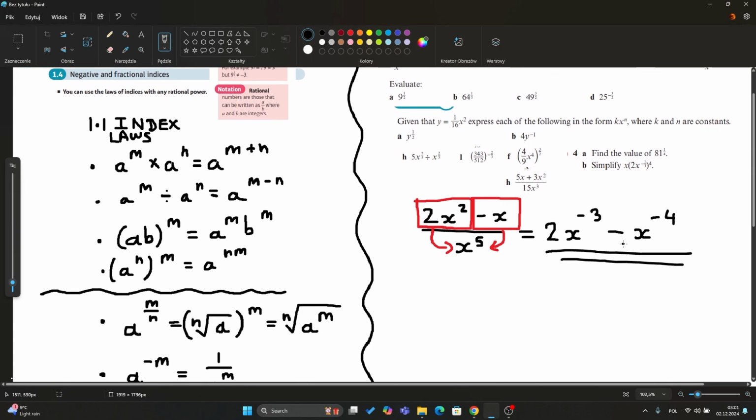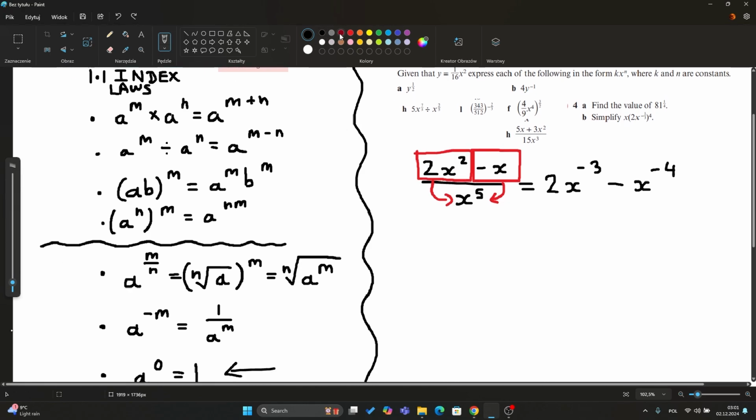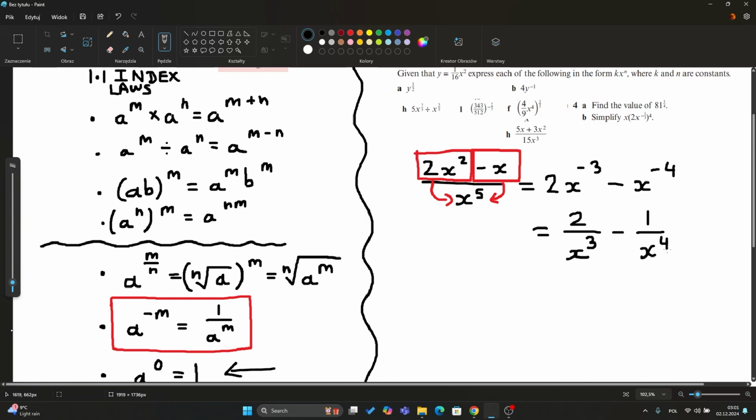However, this doesn't look really nice, and what we can do is, because we know this rule over here, a to the power of minus m is 1 over a^m, so what happens here is that 2 is left on top, and x cubed is inverted to the bottom, like so. And this is the final answer,